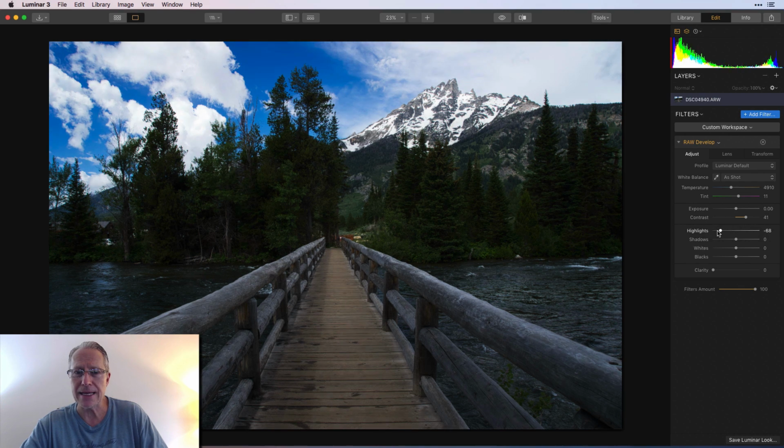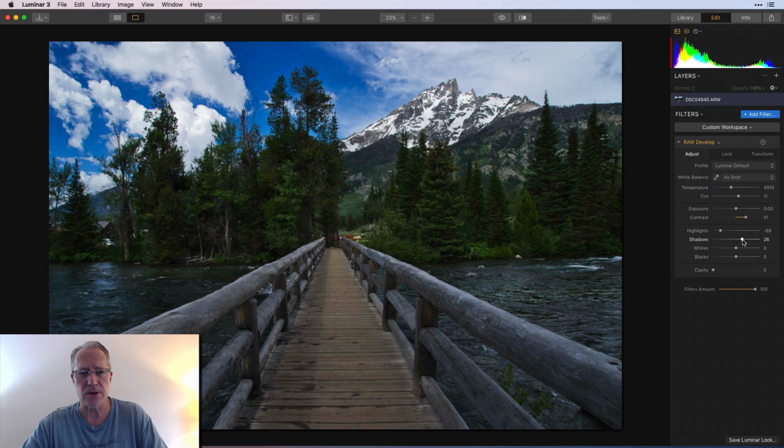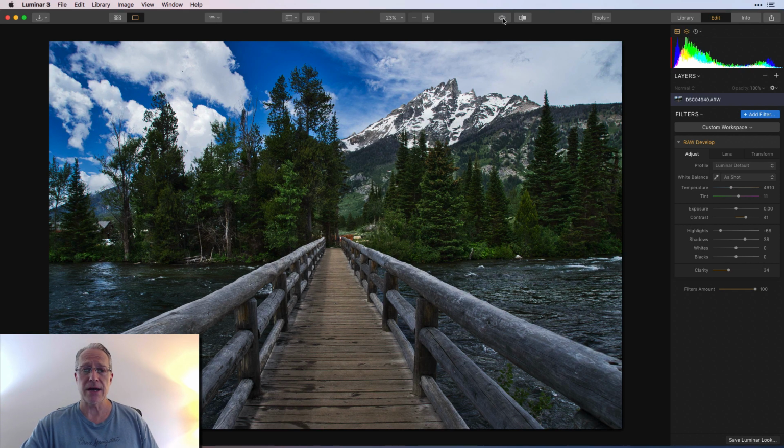I'm going to take the highlights down a little bit. You may want to watch the histogram. I open that because I don't really ever open it or talk about it, but it can be a good visual aid or visual guide for how you edit your photos. I may want to bump up the shadows a little bit and maybe add a little bit of clarity. And you can see I went from that to that, which may not be a huge difference to you, but truthfully,